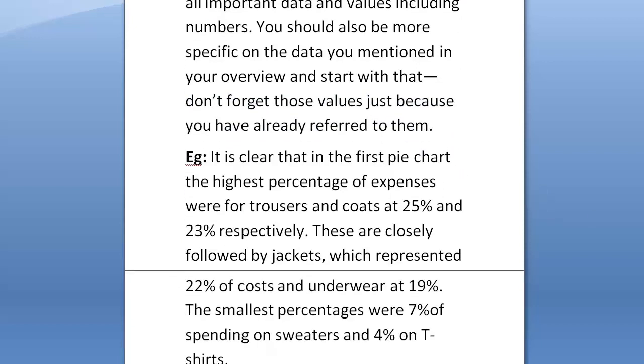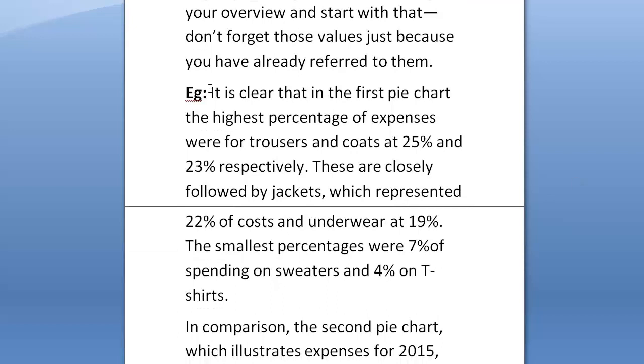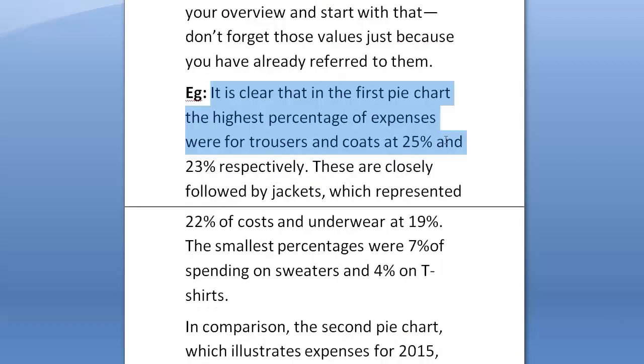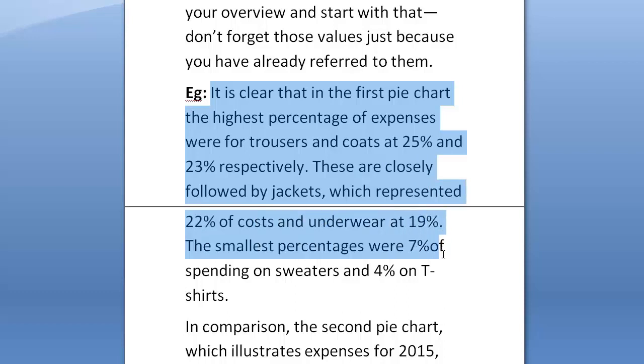So let's see an example of that. It is clear that in the first pie chart, the highest percentage of expenses were for trousers and coats at 25% and 23% respectively. These are closely followed by jackets, which represent 22% of costs, and underwear at 19%. The smallest percentages were 7% of spending on sweaters and 4%